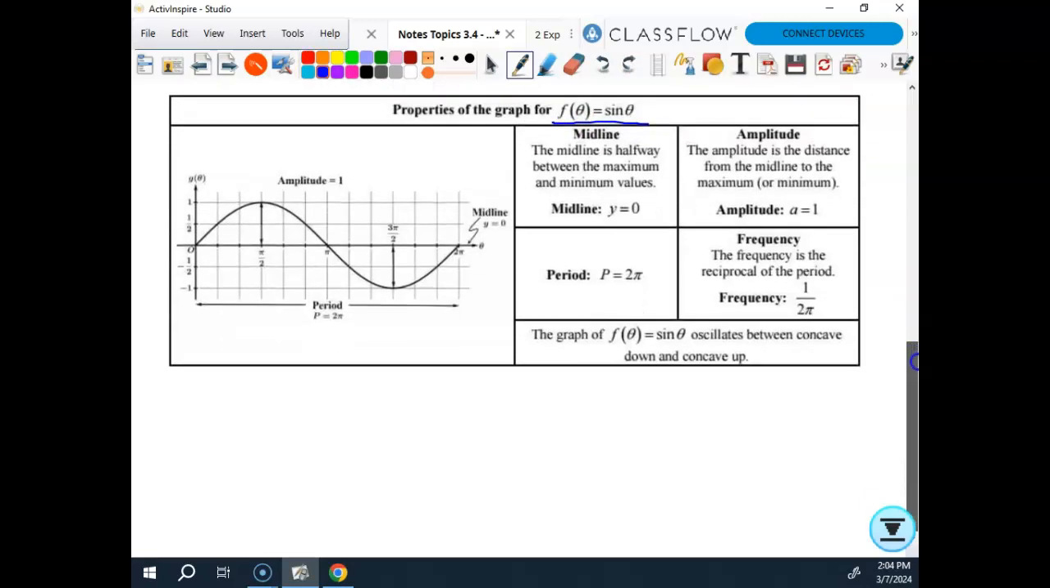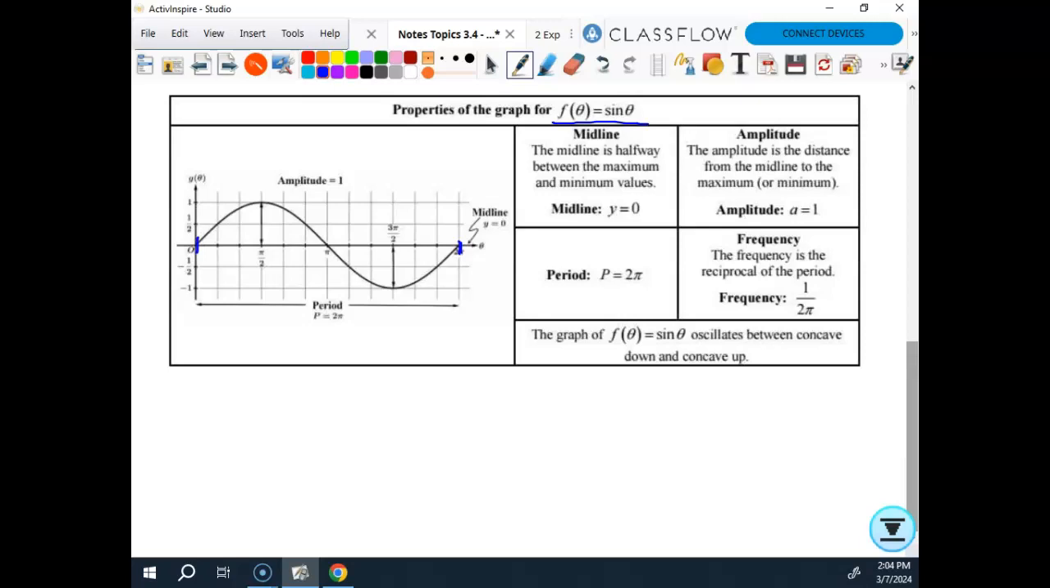It is what we consider the parent function for sine. So we have f of theta equals sine of theta, or it could be f of x equals sine of x. You could see it either way, and it's fine. So we have one cycle going from 0 to 2 pi. Then some of the